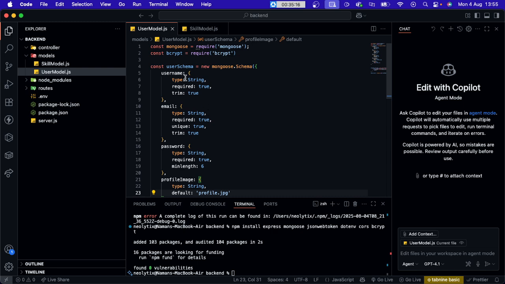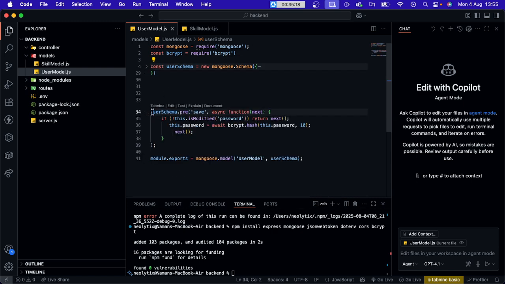This is our user schema, and for that, before saving our object in our database, we want to hash the password, so that there is no